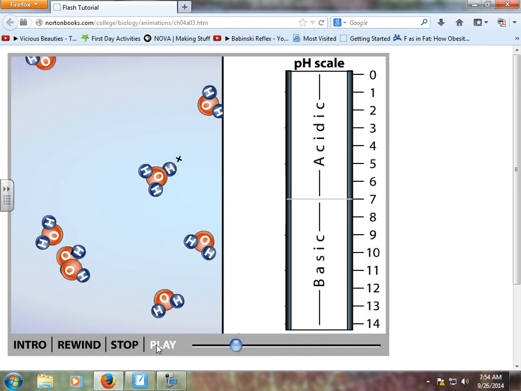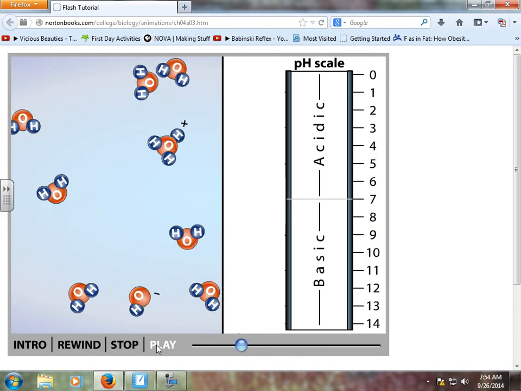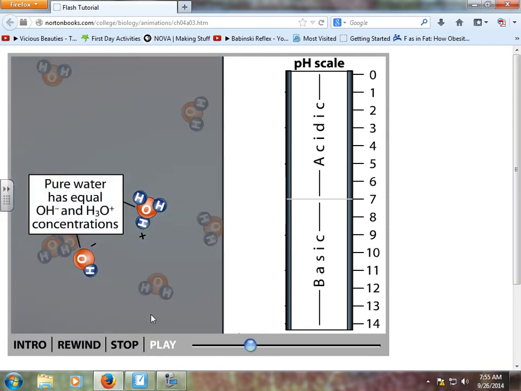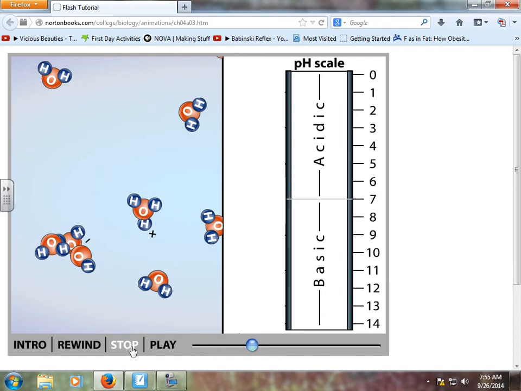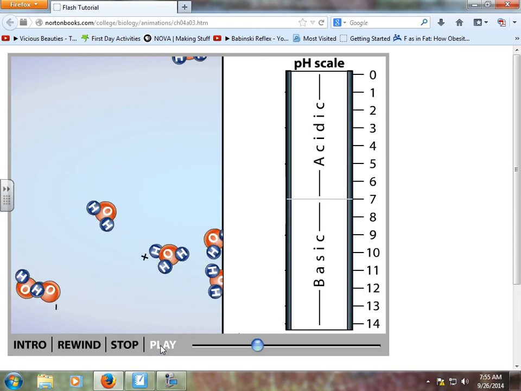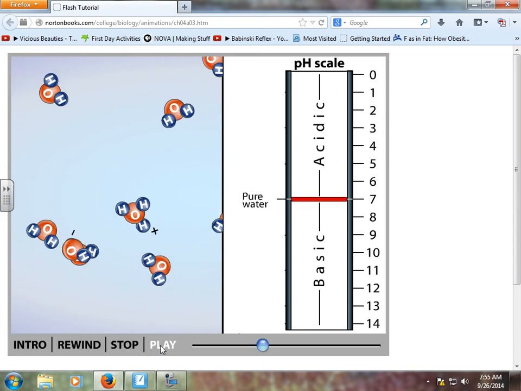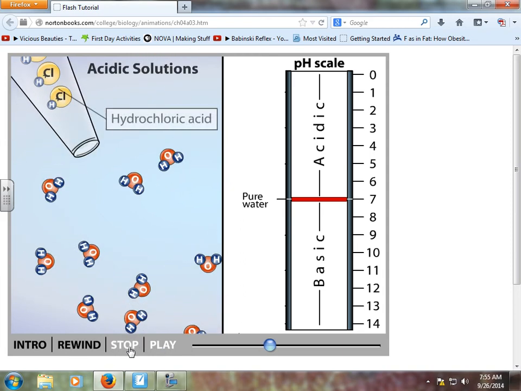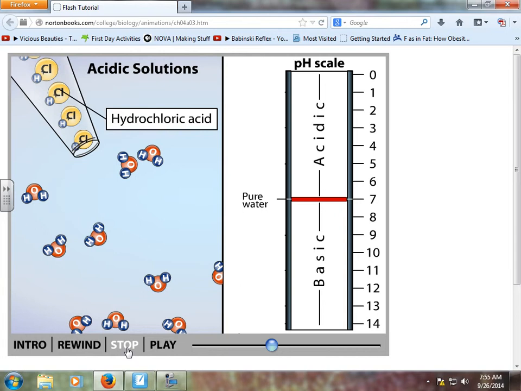All right, let's go a little deeper. The pH scale measures the concentration of hydronium ions in solution. Pure water is considered neutral because it has equal concentrations of hydroxyl and hydronium ions. Okay, are we good on that? Okay, neutral, when we say pH 7, what we're saying is there's the same amount of this H3O as there is OH negative. Right? That's defined as neutral. The concentration of hydronium ions in water translates to a neutral pH measurement of 7. Which is what happens when an acid, such as hydrochloric acid,